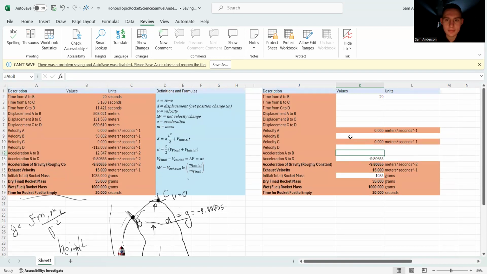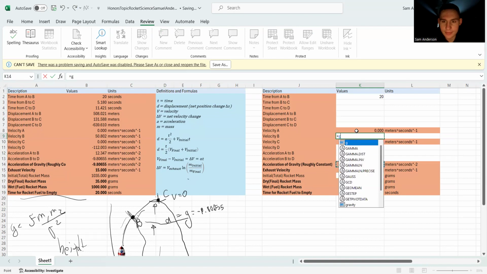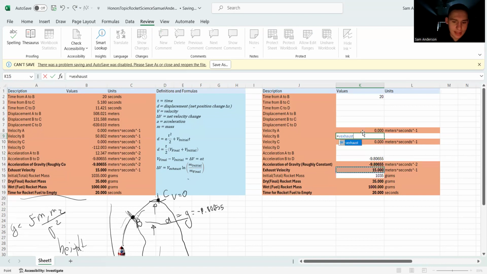Let's see. Velocity B is equal to, and really that's assigning. That is not an equivalency or a Boolean. Is equal to, not gravity, exhaust velocity times the natural logarithm of the initial mass, which is going to be the dry and wet fuel combined, or 1,035 grams, because that's when the rocket has not used up all its fuel, over the final mass, which is just